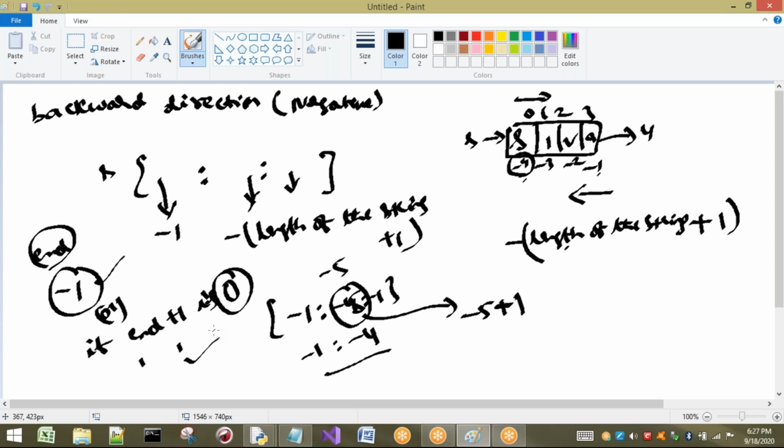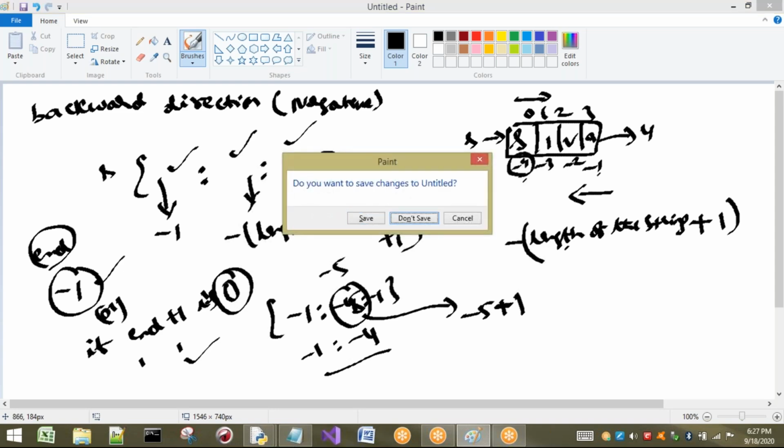Let us see all these cases in our examples. What we have to remember here are the default values. Next, this point in the backward direction: the end value should not be -1, or if n plus 1 is 0, then the result will be an empty string.